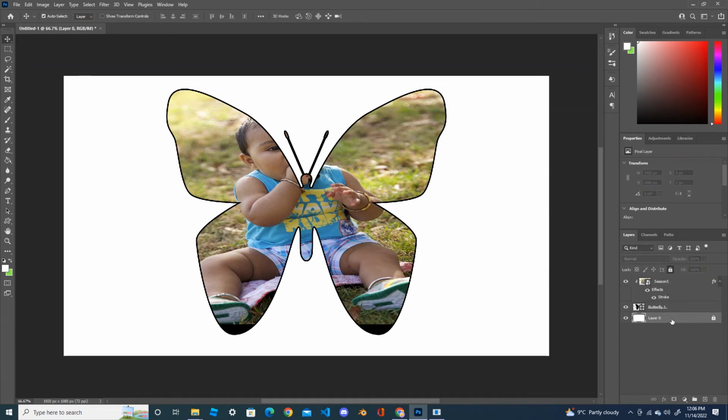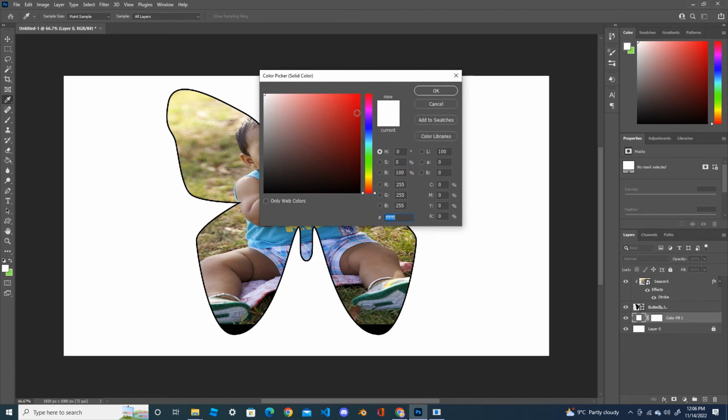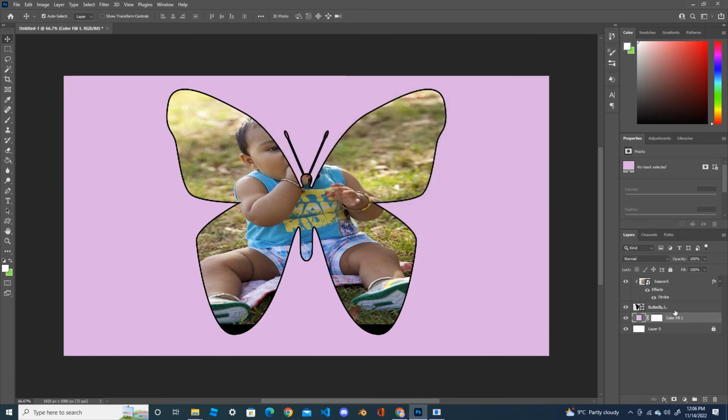Click on the layer 0, change that layer to the solid color. You can see when you click on some color, the background color is changing. Okay, I'll go back to the butterfly layer,